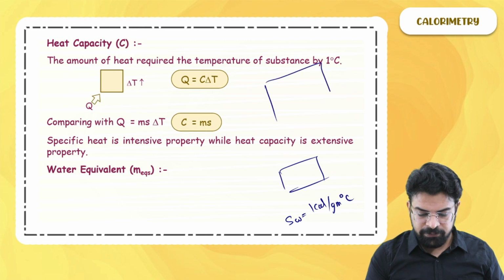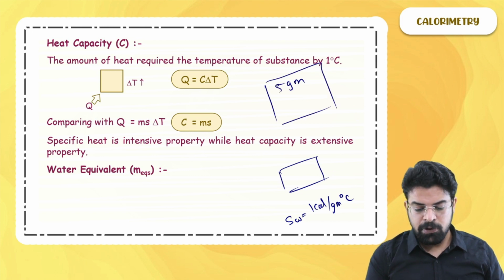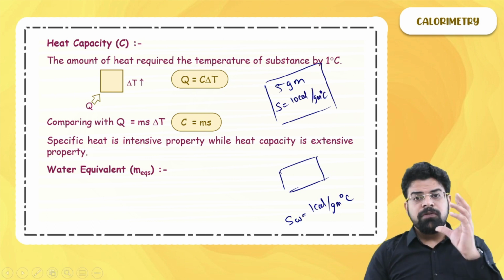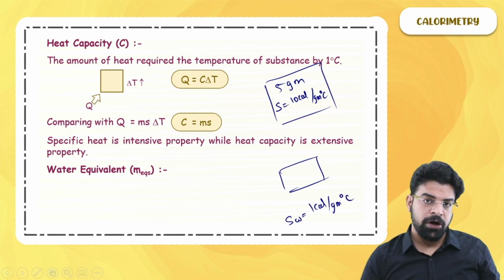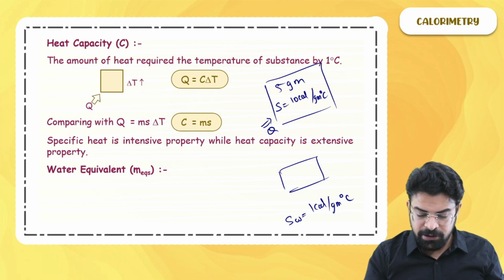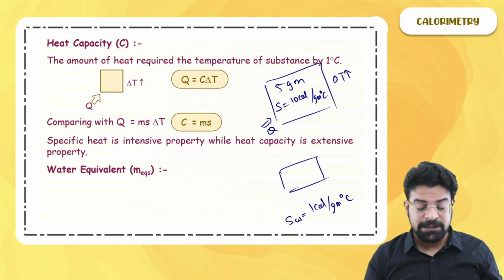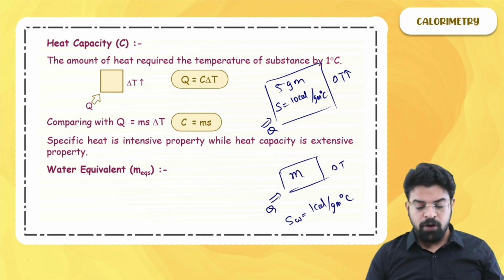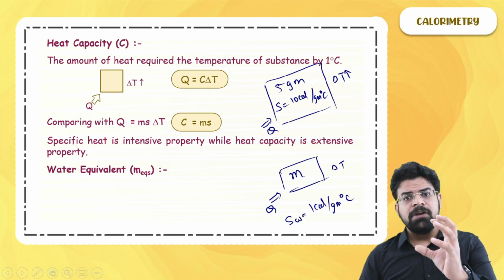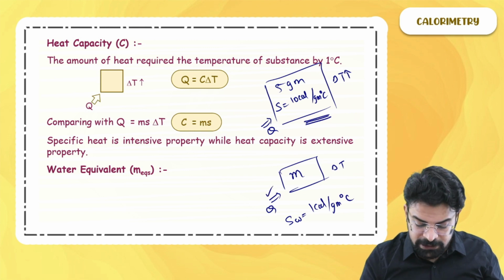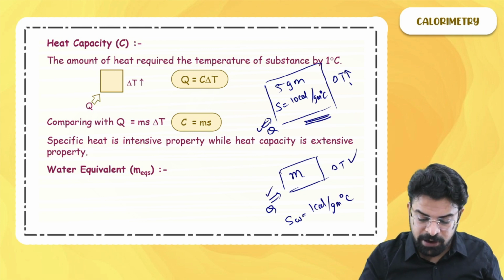And I tell you that we have got here 5 gram of an object whose specific heat is given by 10 calorie per gram degree centigrade. So what will be the water equivalent of this particular body? For finding the water equivalent, when you provide some heat, the temperature rises. It should be same for both the bodies. So let's say we have to take m mass of water. This water will be said to be the equivalent of this body of 5 gram when, on providing the same amount of heat, you get the same rise in temperature.